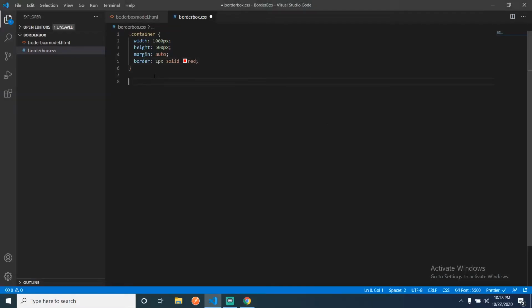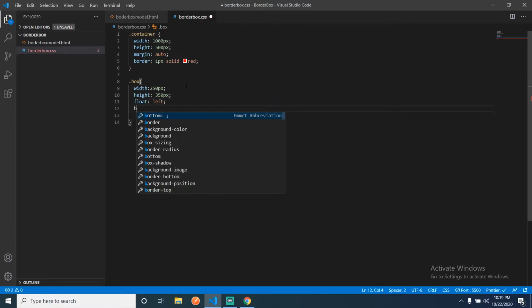Let's give the CSS for box as well. What I want now is to divide this container width into four similar widths. So let's divide it by 250 pixels each, and that will be the width, and height just a random value, 350 pixels, and float left.